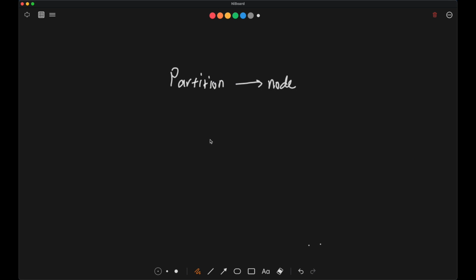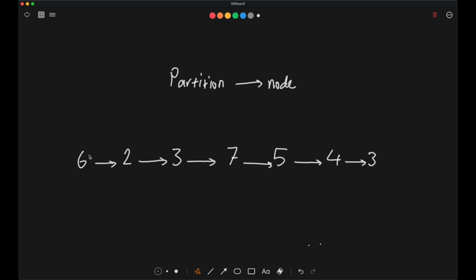Alright, so what we want to do is to first get a linked list. So let's say, for example, our function gets a linked list like 2, 3, 7, 5, 4, 3, and how about 6? Alright, so this is the linked list that our function gets, and it will get a node alongside this